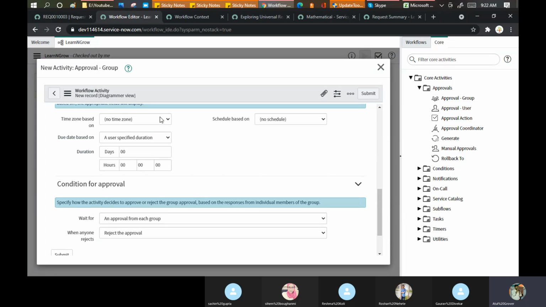When to run. Suppose you raise a request in the midnight, every morning at 9 o'clock. Let's take the example of COVID vaccination slots. They open automatically every day. At some places 7 o'clock, 8 o'clock, 9 o'clock, 10 o'clock. So they have a schedule that every day the slots should be open. The vaccination slot should be open for 100 people. That is one thing.